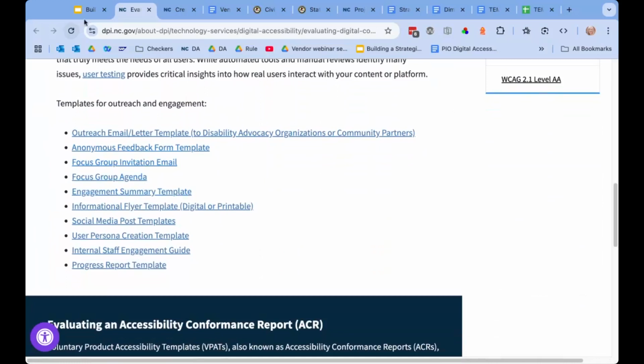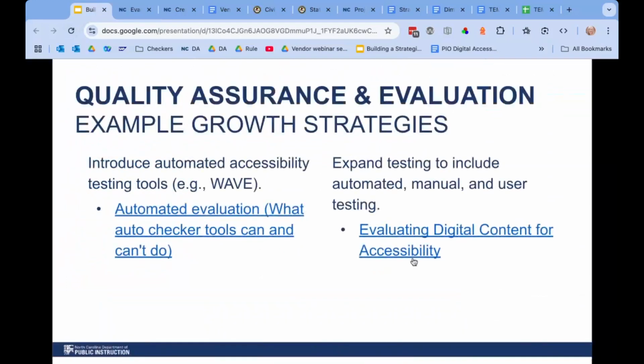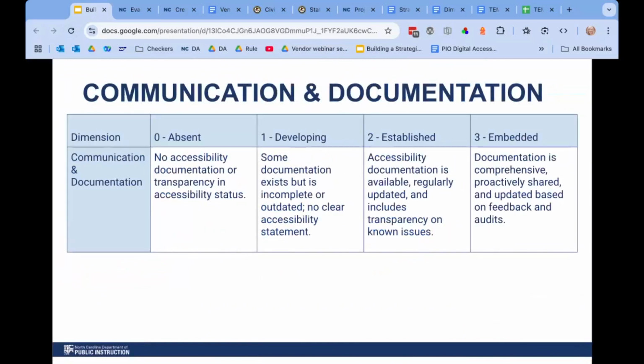So these are just some resources that might be helpful to you. It's part of this full page of how to evaluate for accessibility. So communication and documentation is really about ensuring that we're transparent in sharing, again, what our current landscape is. That might be through something like a completed VPAT, the voluntary product accessibility template, also called an accessibility conformance report, but also making sure that we have